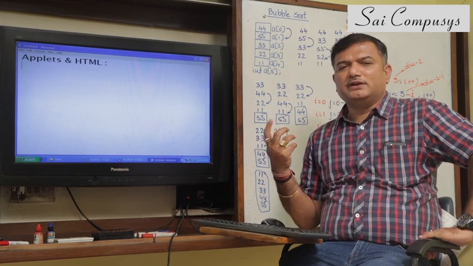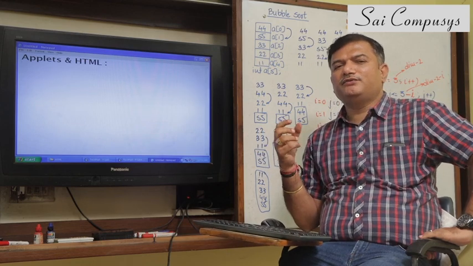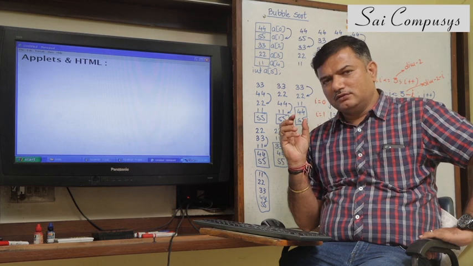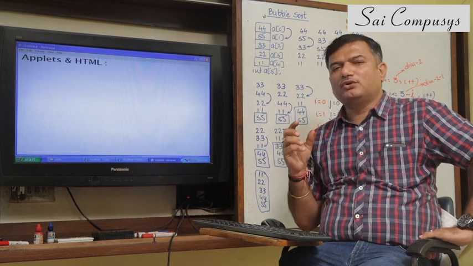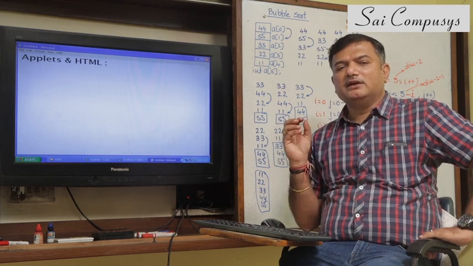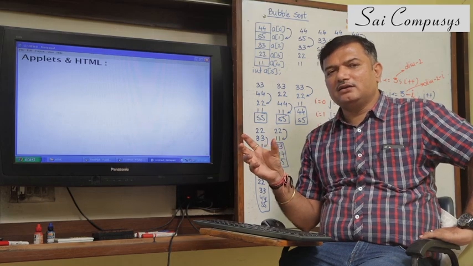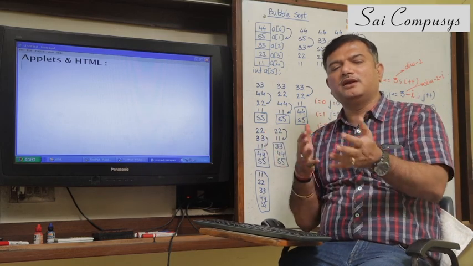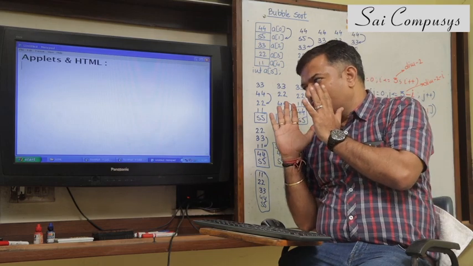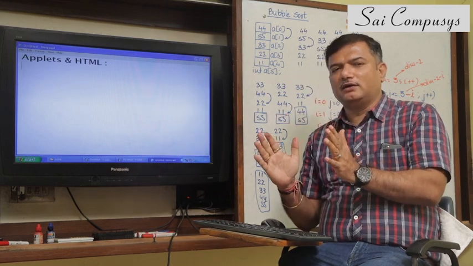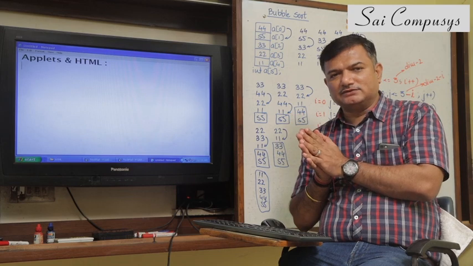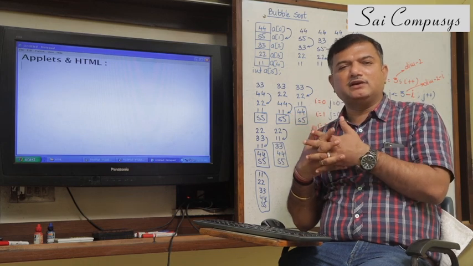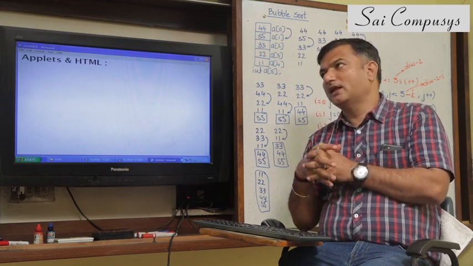Briefly, I'll tell you about an HTML file. An HTML file basically is a markup file which only has tags. It specifies what is a heading, what's a paragraph, what's a table, how the table has to be shown, what are the contents of the table. The web page is defined in terms of tags. An HTML file is basically a collection of tags.